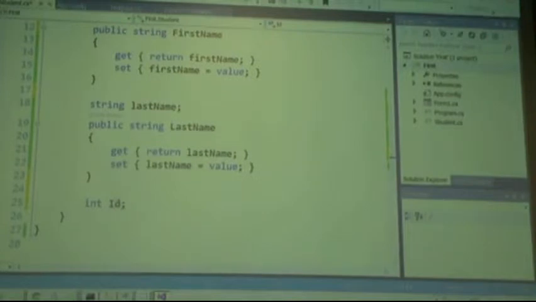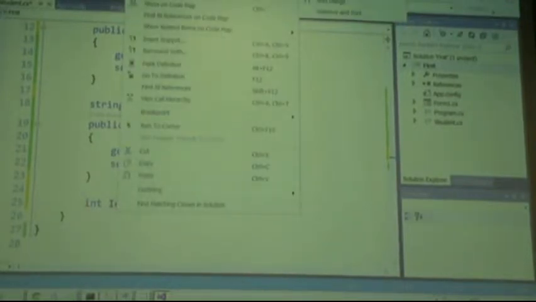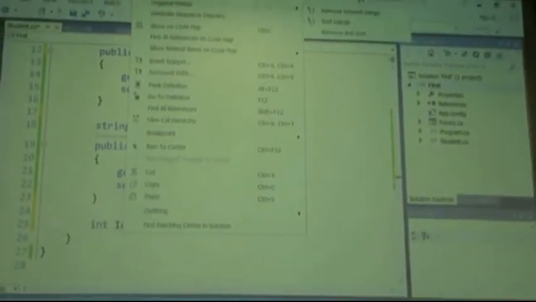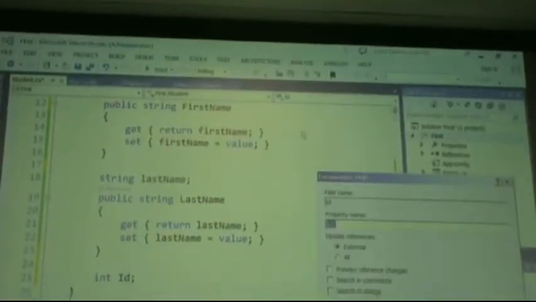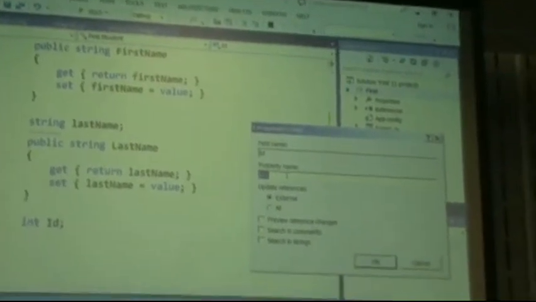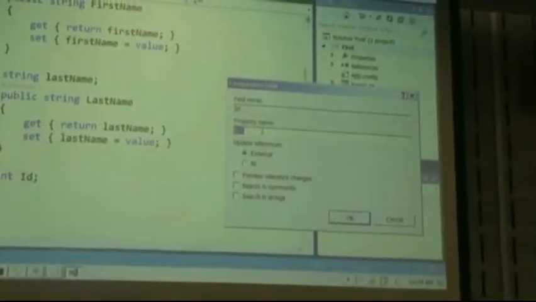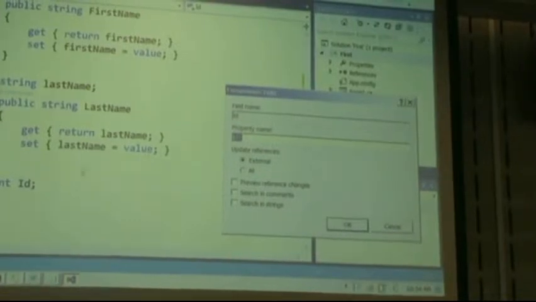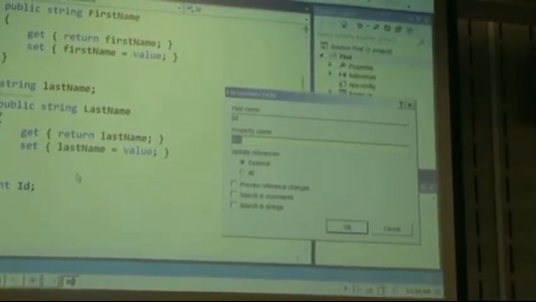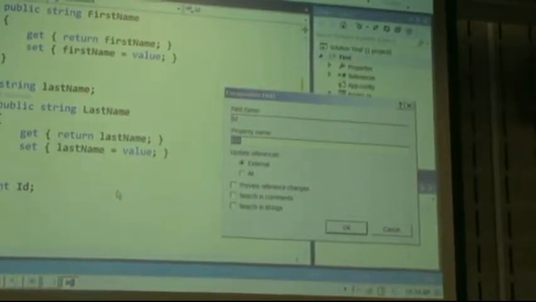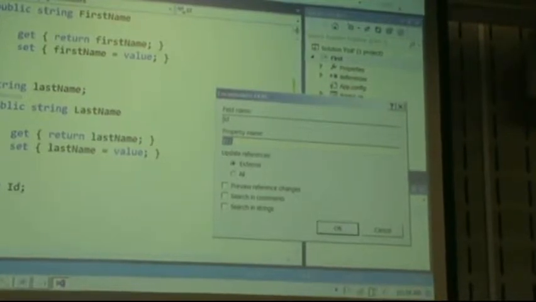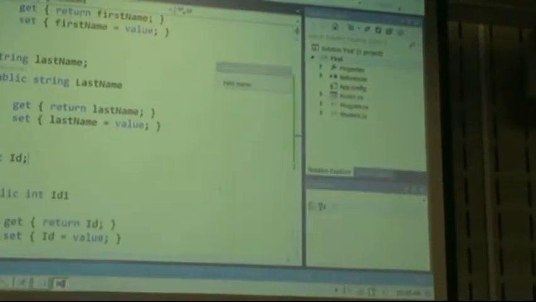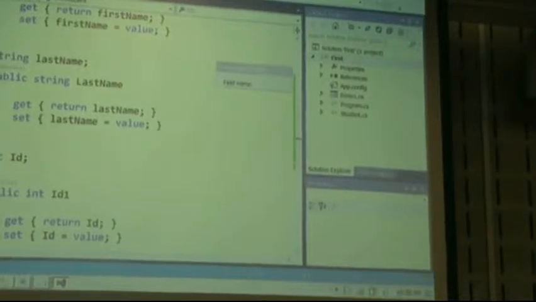Anyway, even if I pick it capital and if I refactor and encapsulate field, okay, so what is the property it is suggesting now? ID1. Right, because it cannot say ID again, because that will be like an infinite loop. So now the code will start to become not clean or not as nice. So again, even if you did that and you realize, oh, that doesn't look good,